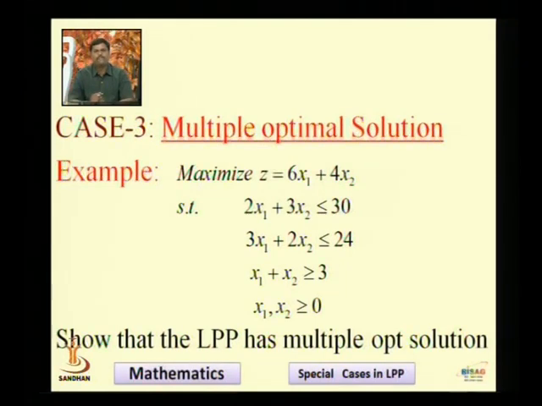Observe that the first two constraints here on the screen are less than or equal to. The third constraint is greater than or equal to 3. So therefore we introduce surplus